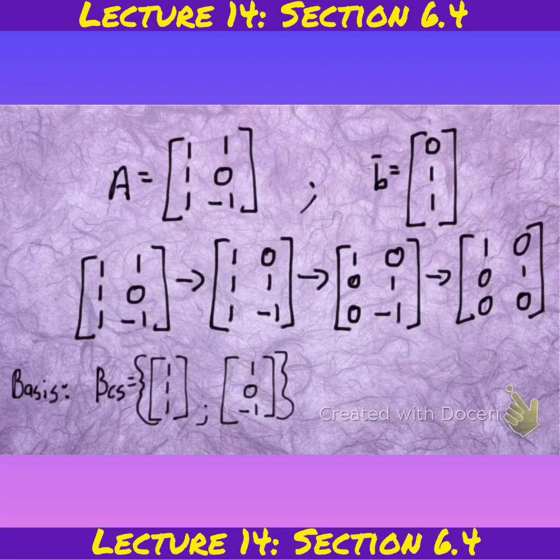Because of that, I can say that the basis for the column space of this matrix is an orthogonal basis. So we can go back to section 6.3 and we can basically go and apply theorem